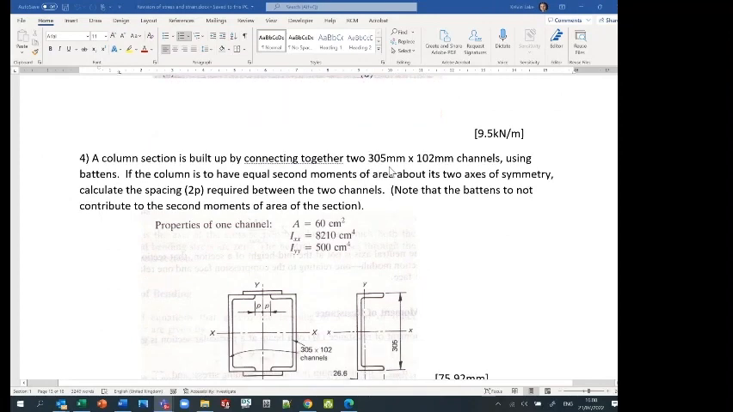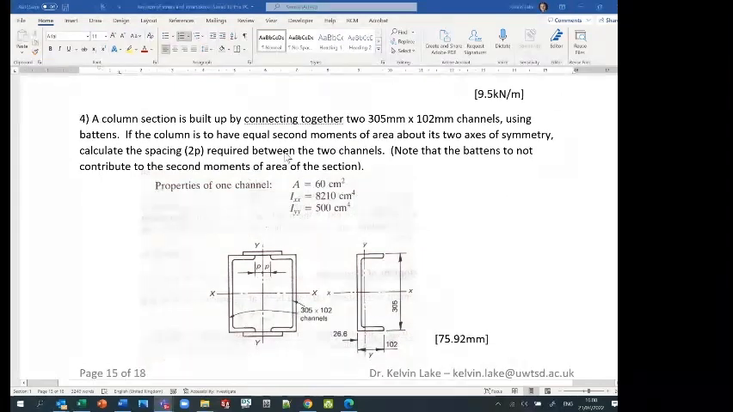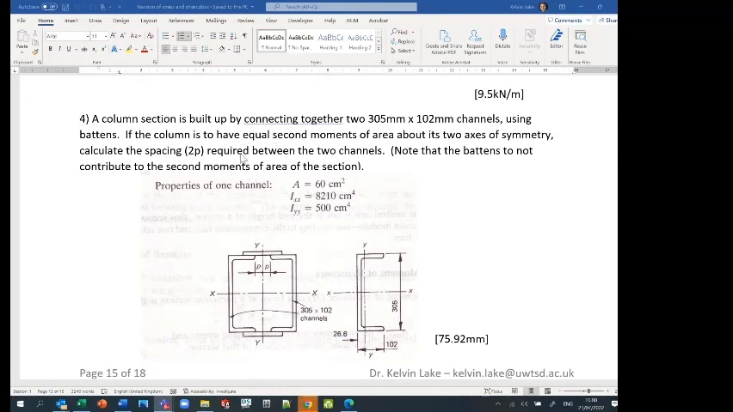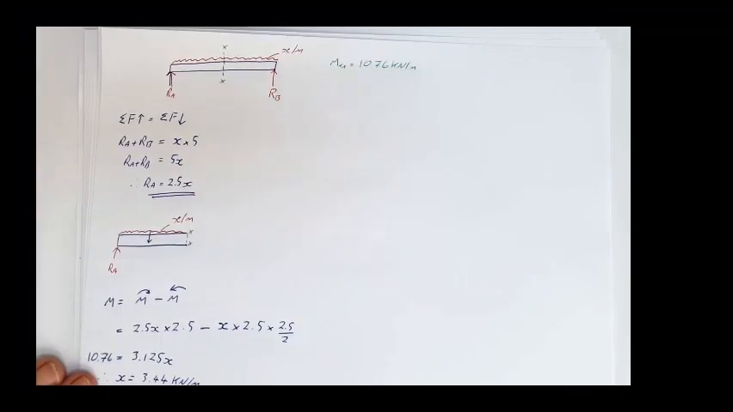Question 4. A column section is built up by connecting two 305 millimeter by 102 millimeter channels using battens. If the column is to have equal second moments of area about the two axes of symmetry, calculate the spacing, 2p, required between the two channels. Note that the battens do not contribute to the second moments of area of the section. Okay, so